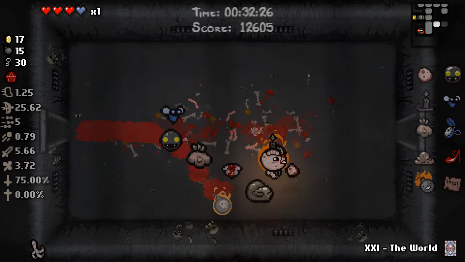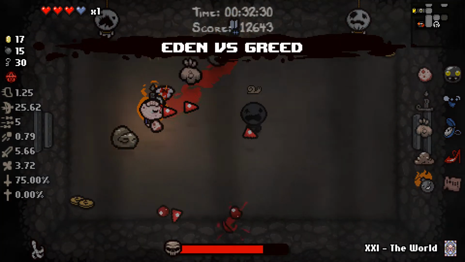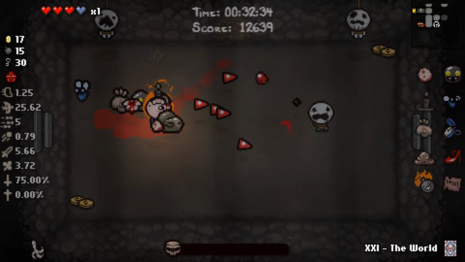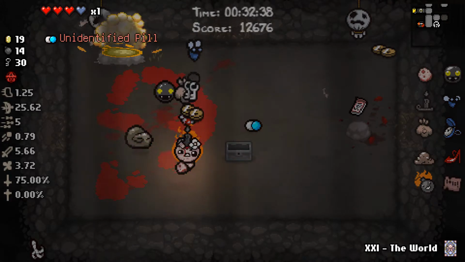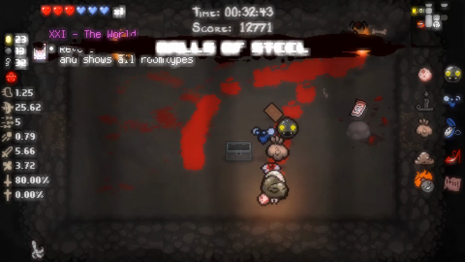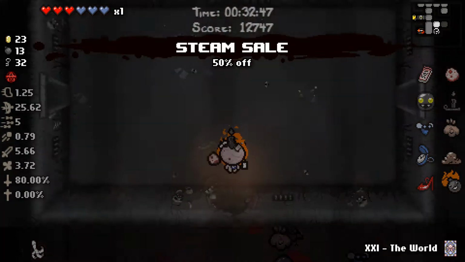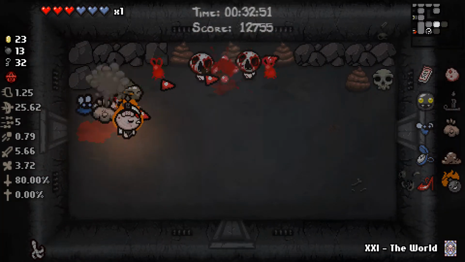There you go. Slowly but surely making through this terrible world, fighting Greed after all. I was a little worried when we didn't see Greed in the shop that we weren't going to fight him, but here we go. Getting that Steam sale. We could buy a second one and have free items in the 0 shops that we will see from this point on. Balls of Steel. There is a good pill in there. But I don't want to walk all the way back for something that's not going to happen, so...